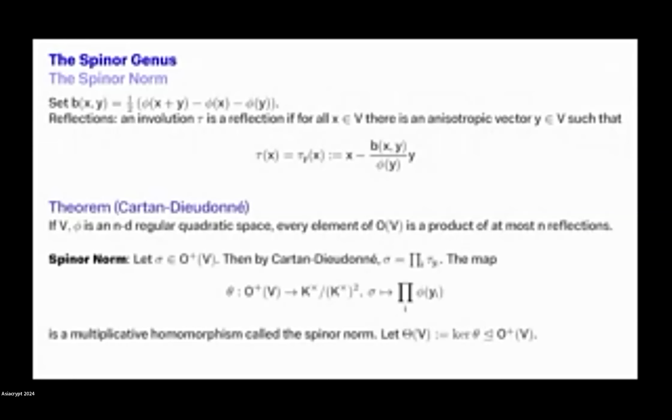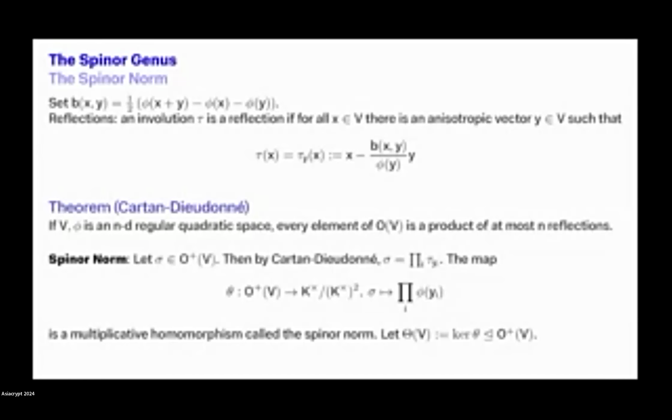Using this, we can then define the spinor norm. So we're going to take some orthogonal transformation of determinant 1, so an element sigma of O plus V. By Cartan-Dieudonné, we can then factor this sigma as a product of tau yi, where i runs from 1 and up to n. We can then define a map theta, which maps you from O plus of V to